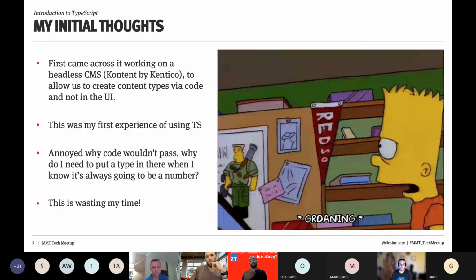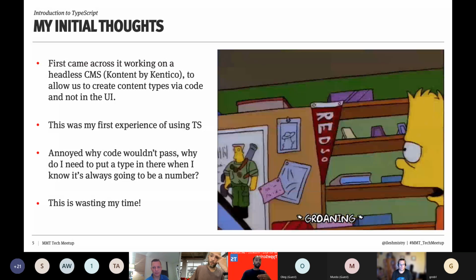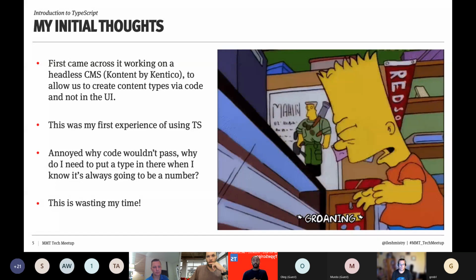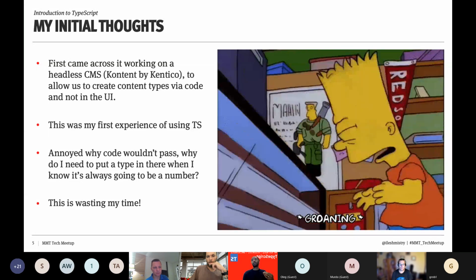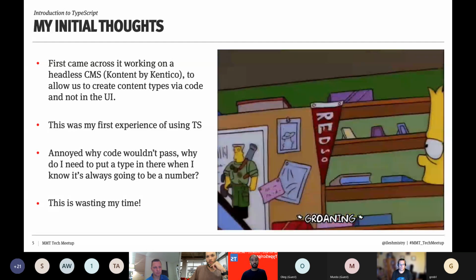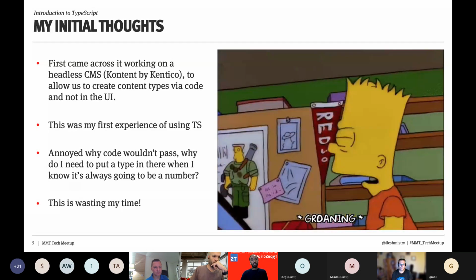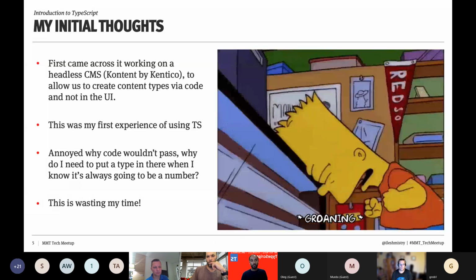You write the individual content types, which are just areas where you can populate fields, in TypeScript and import them into your project without having to go into your CMS and do things manually. That was a big thing for us, allowing developers to be a bit more adapted towards the CMS.